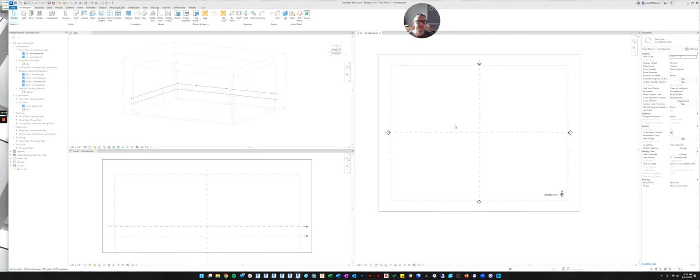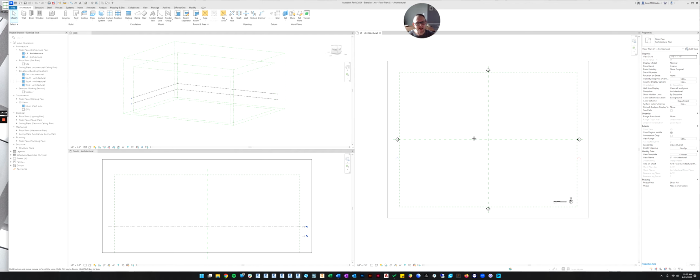Okay, so we're back to where we started. Let's take a minute longer before we start drawing walls. Something to keep in mind is, like I just showed you, we're drawing walls, but there's also a third dimension, so the height. So the question that should be in your mind is, okay, I know how to draw in 2D now, the length and width of the wall, but how do I control how tall it's going? And so to understand that, we want to talk about something called datum points. Datum points are just common elements of data that control a lot of things in the model all at once.